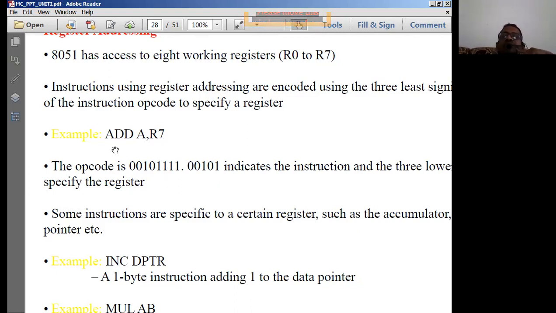The opcode is similar to a function in the C language. For a function, what is important is that it takes the parameters and performs the operations, and that value is assigned to a variable given on the left hand side. Say, int c equals sum of 1 comma 2. What does sum of 1 comma 2 do? It simply adds up 1 and 2, and the result is assigned to the variable c.